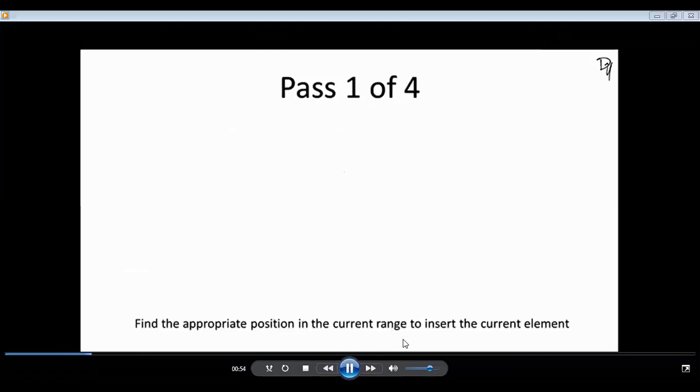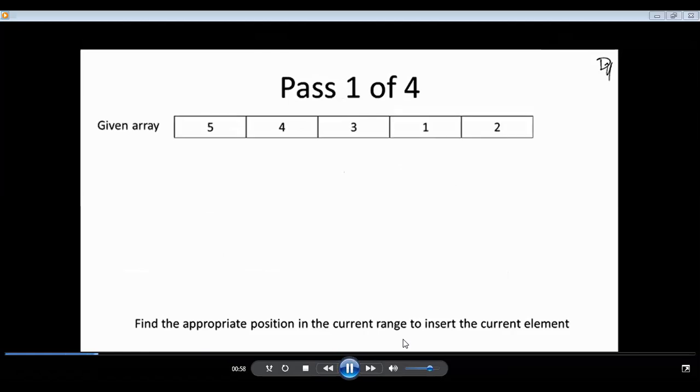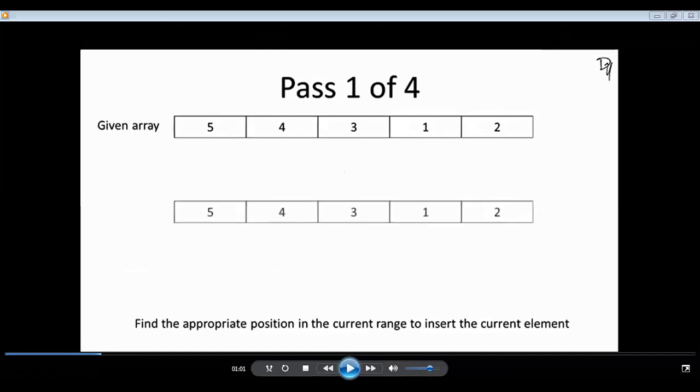So what will happen at the end of pass 1? This is the given set of elements, right? I'm just considering the first 2 elements, and checking whether they are properly ordered or not. If they are properly ordered, I'm not doing anything, leaving them as such.